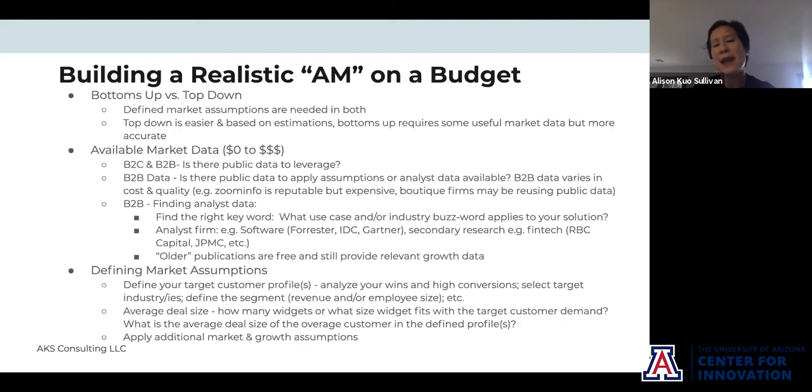So there are assets out there for you, but since you're all in startup mode, you can probably do a lot of this through Googling and finding public data. Or if you're great at Python, you can screen scrape the particular things you're trying to find and collect that data too.